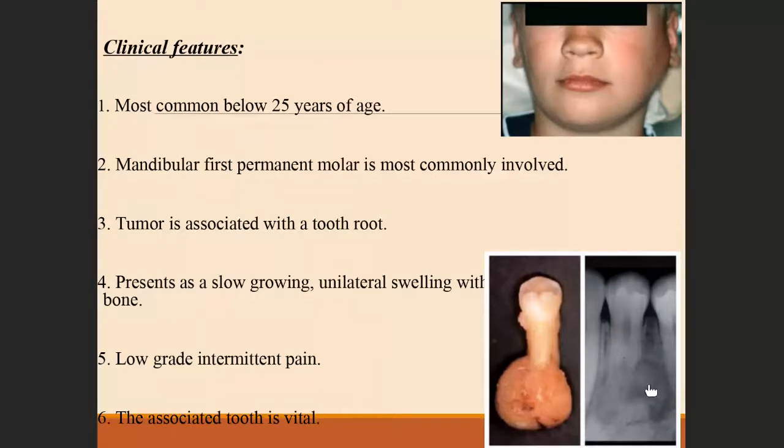When you have a radiopaque lesion with a radiolucent rim like this, osteomas or osteoblastomas are the differential diagnosis you can think of. But in those cases, they will not be attached to the root of the tooth the way cementoblastoma is. Then a very good differential diagnosis is hypercementosis. How will you differentiate hypercementosis from cementoblastoma? In hypercementosis, the cemental mass will be continuous with the root of the tooth. It will not resorb the root, and the periodontal ligament space will be continuous. Whereas here you can see the root is resorbed and the tumor tissue is attached to the tooth root.